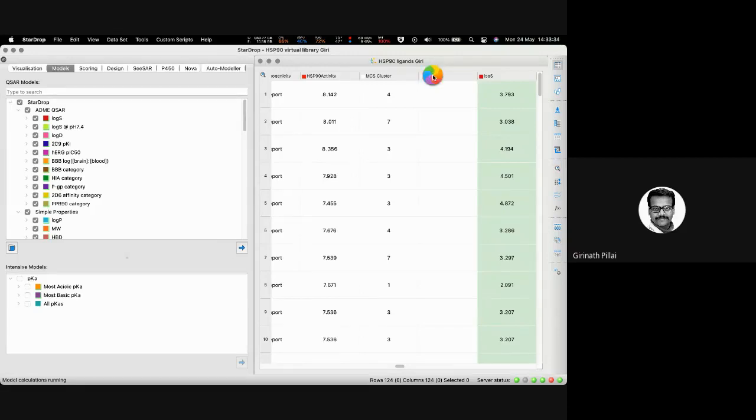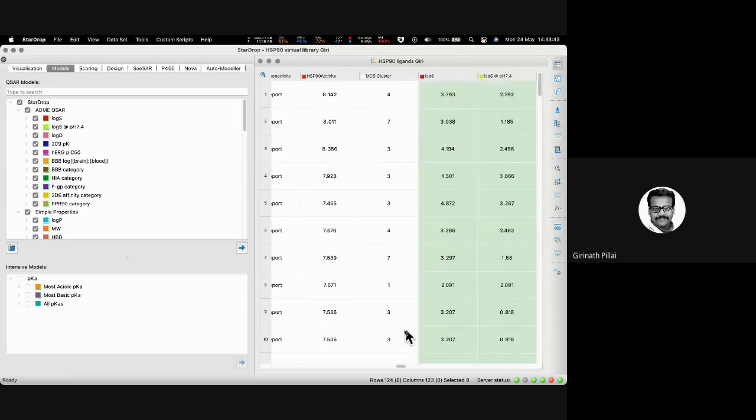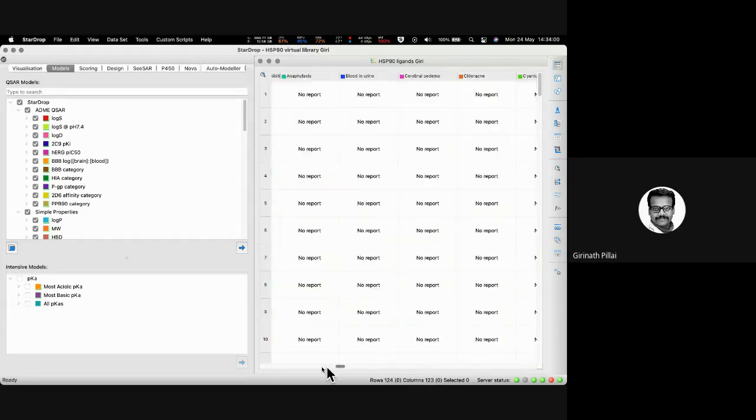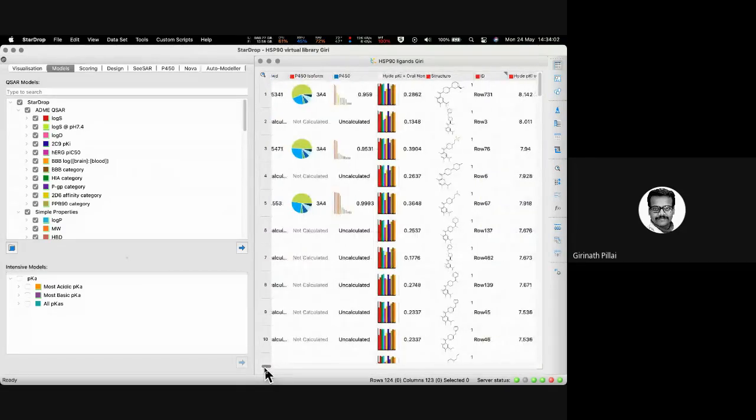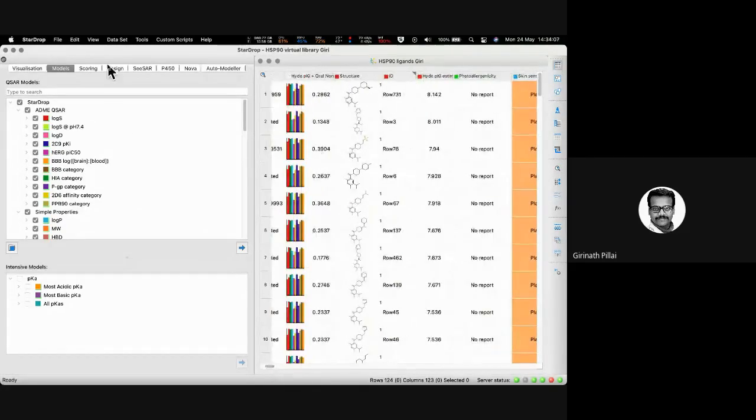So I predicted a lot of properties here, but we will analyze them, because I told you in the morning, just predicting the property and reporting the property in the paper does not have any value. The value comes when you do some kind of data analysis, right? I'm sure you will be the experts to do the statistical analysis, having already taught and learned about all statistical analysis. Now let's do a small analysis here. Okay, so going to the design